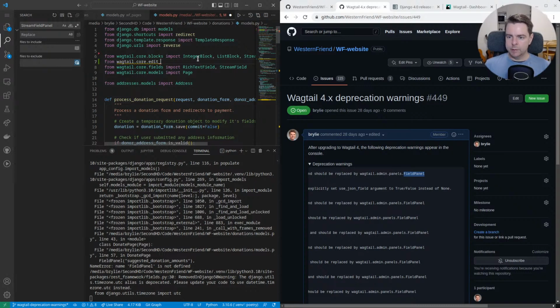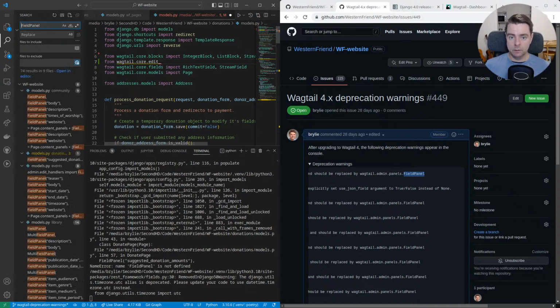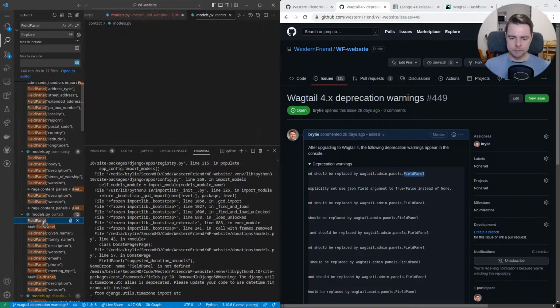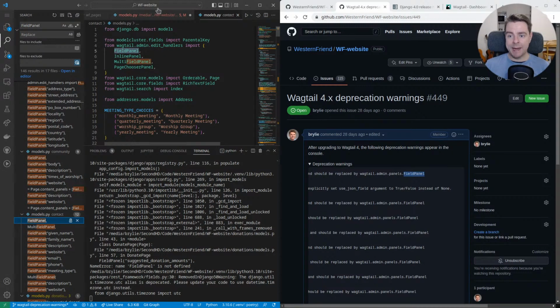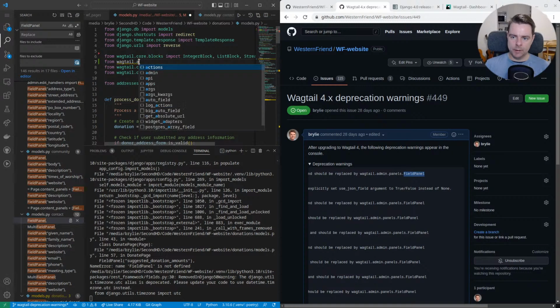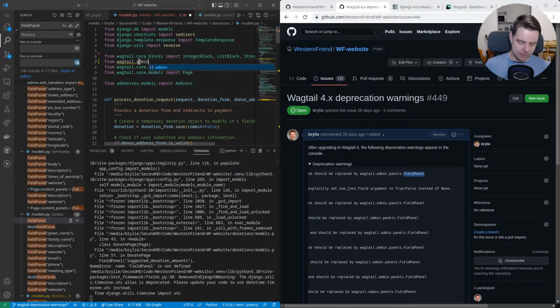I forget where this is. Search for a field panel. Find the import here. Right here. Wagtail admin edit panel. Okay, yes. Wagtail admin. So we're in the Wagtail admin interface, and it generates